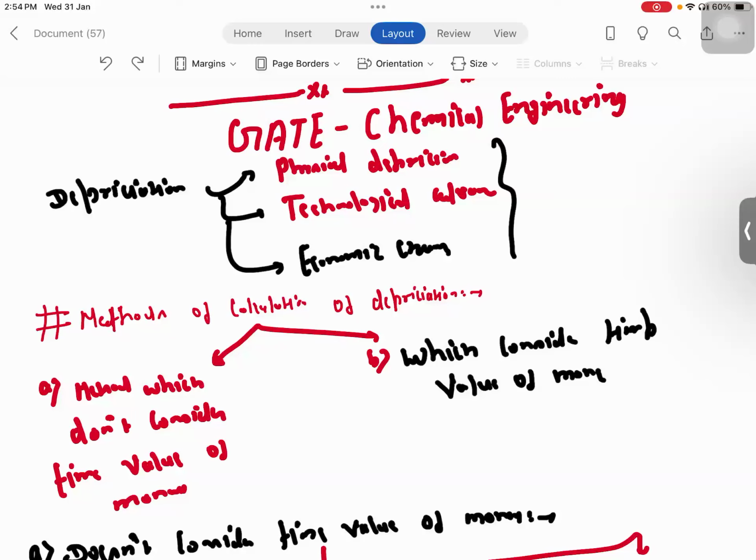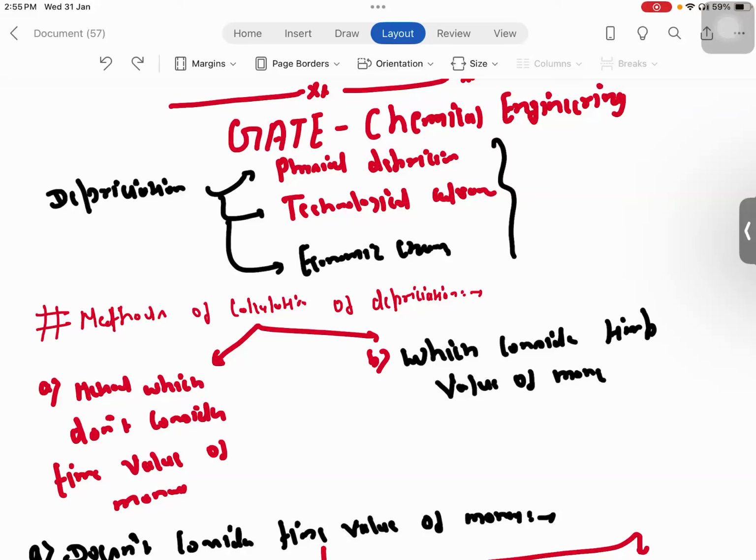So today I'm going to discuss plant design economics. This is just a revision class where I'll be talking about the most important topics of plant design economics. Here you can see I have started from the depreciation in the previous lecture, where I have talked about